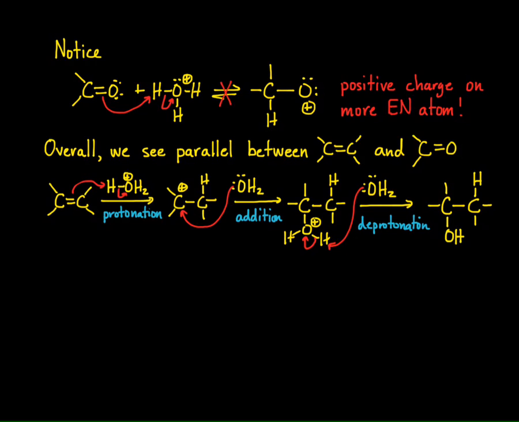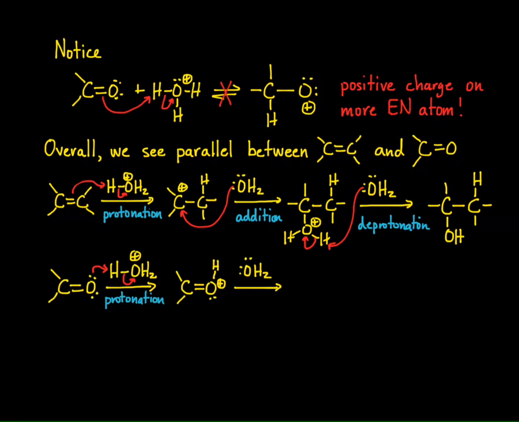So let's look at the overall parallel of carbonyls. In the first step, what happens? We get protonation. And we form a little variation, right? So the oxygen has a positive charge. Now remember though, there is a resonance structure where the positive charge is on the carbon and you have this carbocation. Of course we're drawing this resonance structure because we know the oxygen one is the more stable resonance structure,